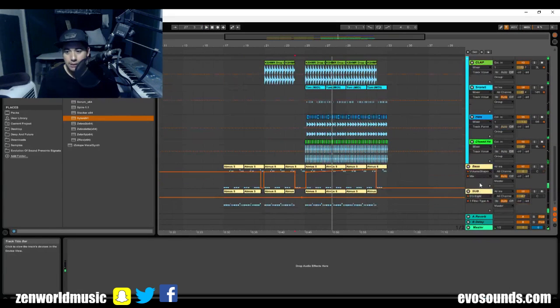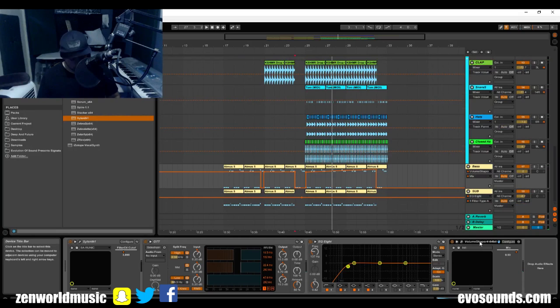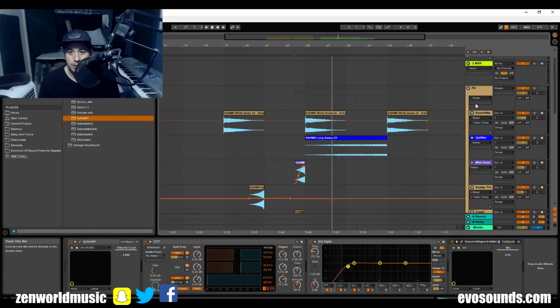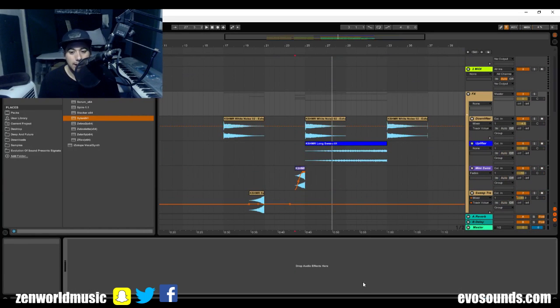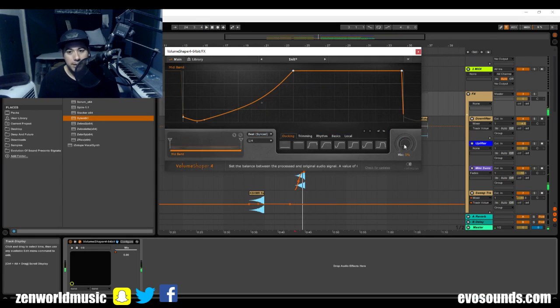We're gonna get the same sidechain from these and put it on the effects as well, because again, everything needs to be sidechained so the kick pops through, guys. That's the whole point of the sidechain. But the mix can be